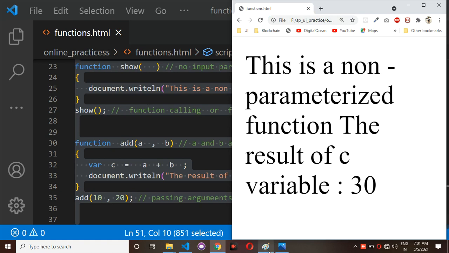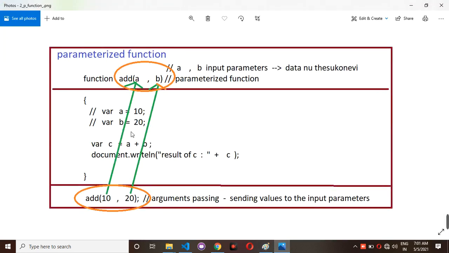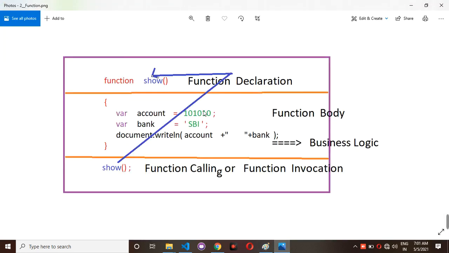This means we have two types of functions. One is the parameterized function and one is the non-parameterized function. Non-parameterized function means here we have a function whose name is show function, and inside this show function there is no input parameter. If you do not have any input parameter, at the time of calling this show function you do not need to pass any arguments.